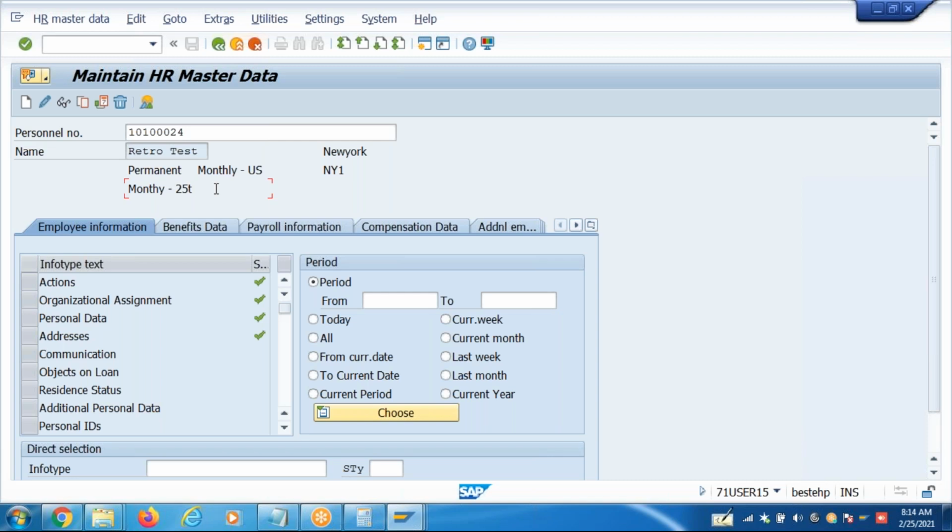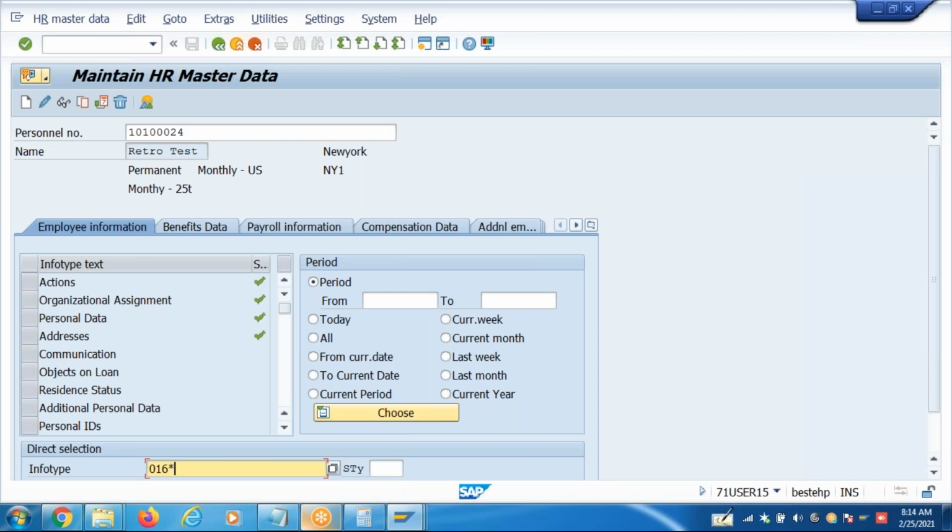No. In IMG, at what level did you restrict the limits? You defined the limits at employee group level, modifiers, structure. At the employee group level, you defined a limit of 8,000, but for one employee I want to give 9,000, for one period. Then that is called individual limits.